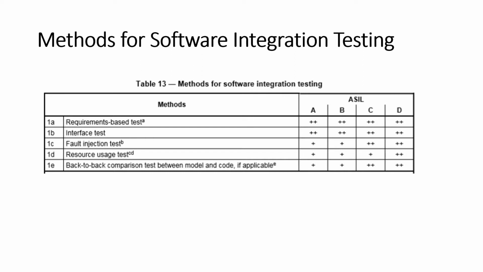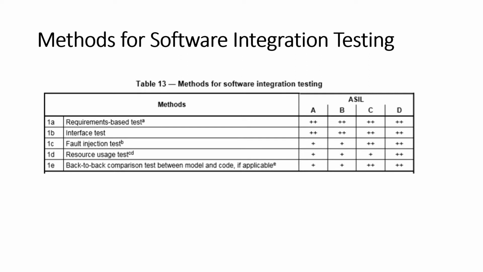Likewise, we discussed software unit testing last week. The same methods apply to software integration testing. It involves 5 different methods: requirement-based testing, interface testing, fault injection testing, resource usage testing, and back-to-back comparison test between model and code